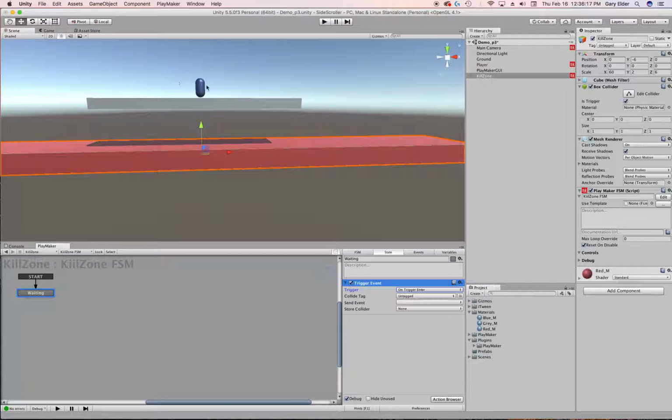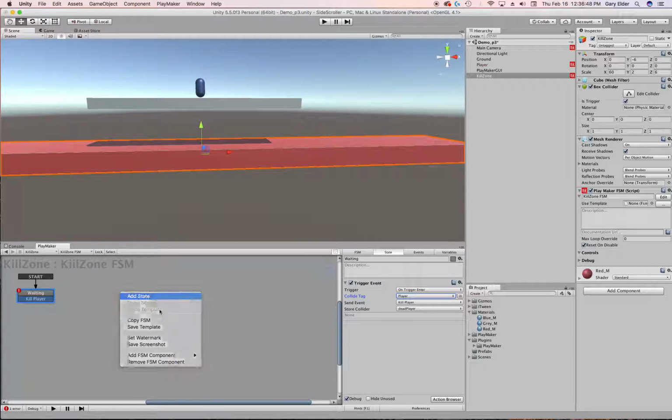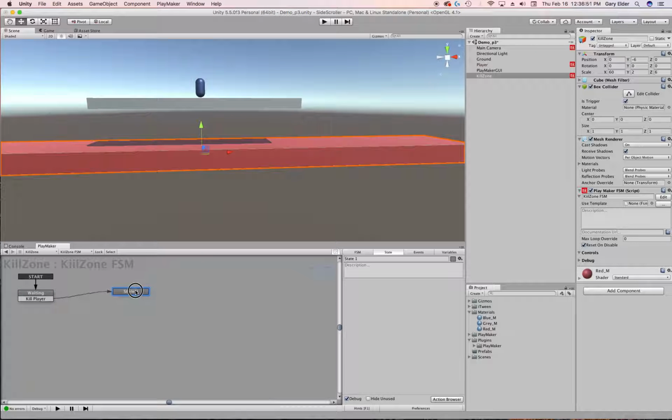And since I'm talking about the player, my player is tagged as player. So I'm going to say on trigger enter something tagged player, send an event, which I don't have, so let me make one real quick, and I'll say kill the player. And I'm also going to store the player here too. We'll call this the dead player, and that'll make it easier here in a second to destroy it. So I'm going to store it. I'm going to have the event come to the second state. We're going to name this killing the player,